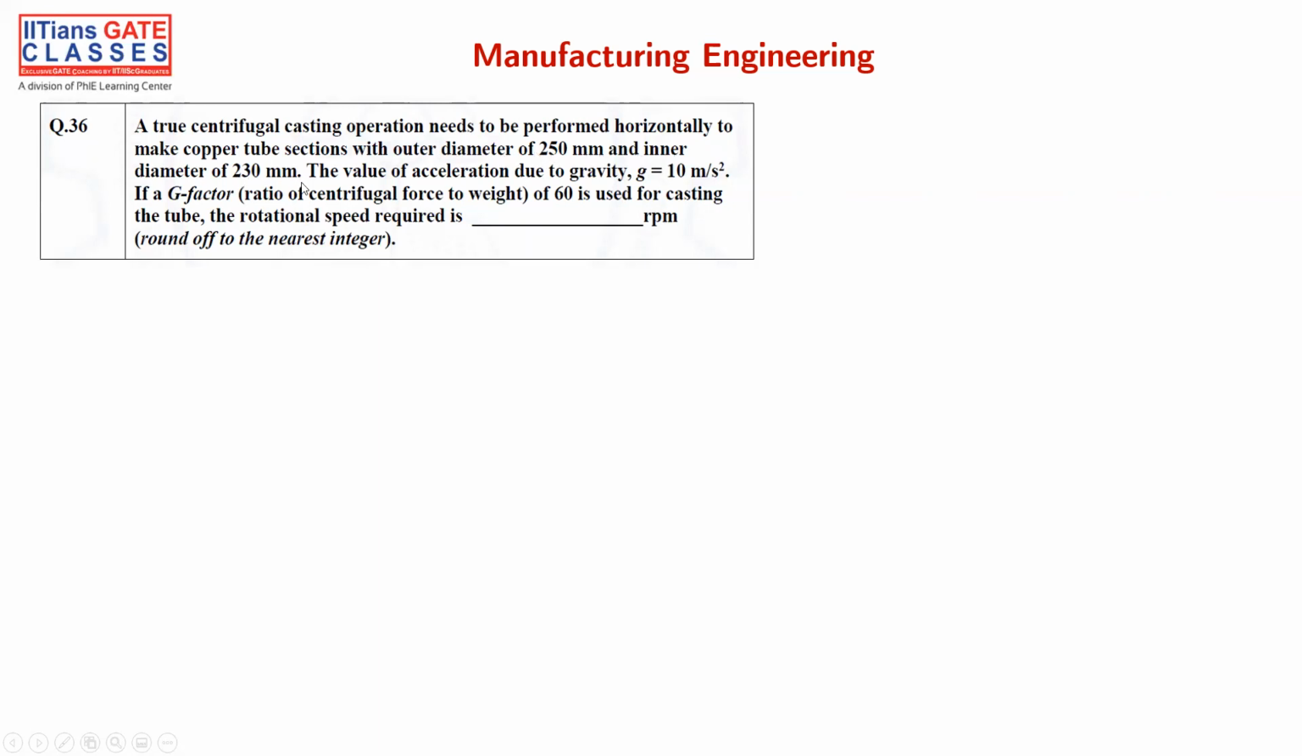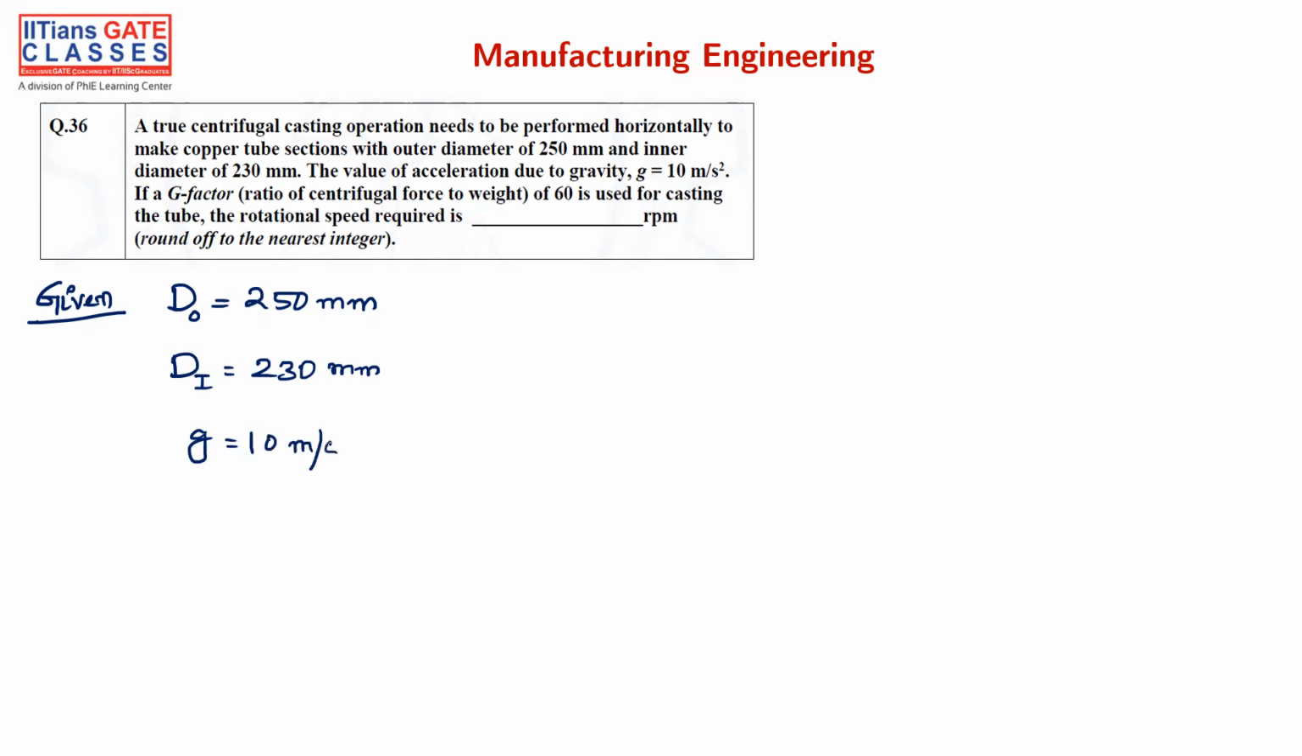Let's write what is given first. It is saying the outer diameter. Let me denote outer diameter as DO, and the value is 250 mm. And the inner diameter, let me write that as DI, that is 230 mm. And the value of acceleration due to gravity g is generally 9.81, but he has given 10 meter per